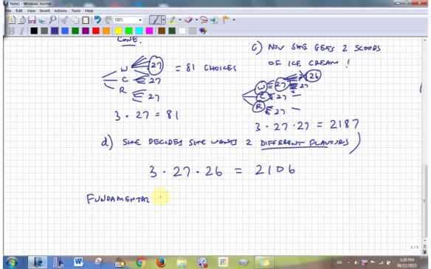The fundamental counting principle says if one task can be done A, as in some number, ways, okay? So for example, 3 ways to get a cone or a cup,